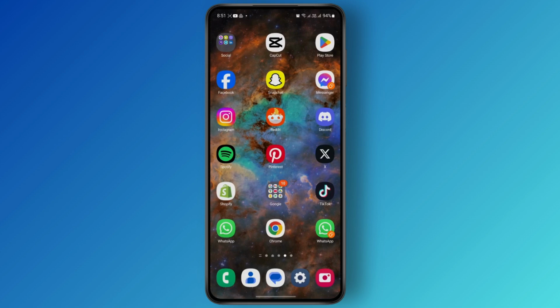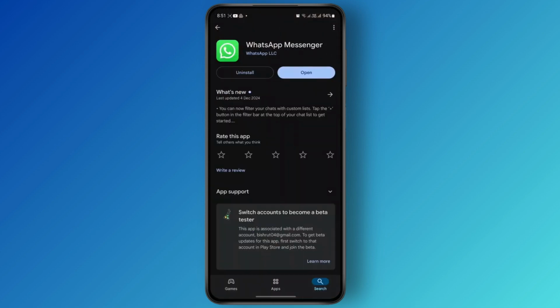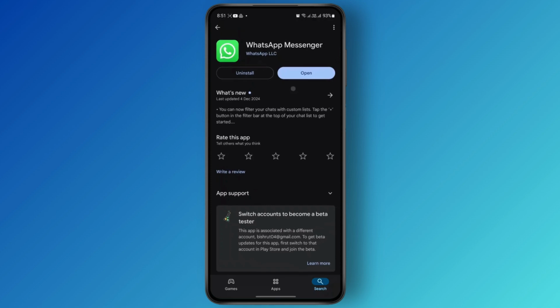In this video, I'm going to show you guys how you can easily add filters on WhatsApp call. So the first thing that you need to do is open up your Google Play Store and make sure that your app is up to date. You will find this update button here. If you don't have your app up to date, just make sure to press on it to update the app